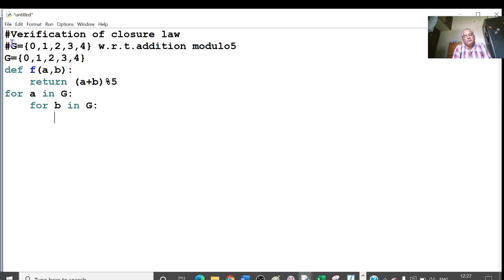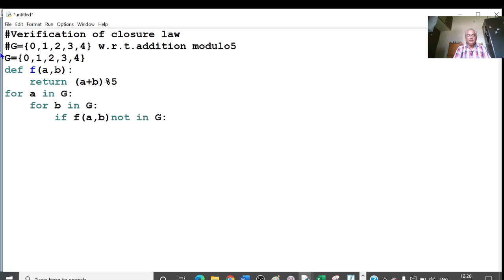Here I write a statement for when the closure law is not satisfied, that is, when A star B does not belong to G. So that is if f of A comma B not in G colon.